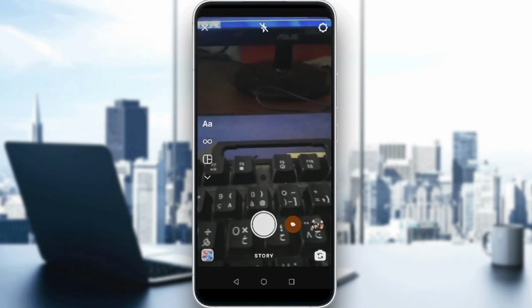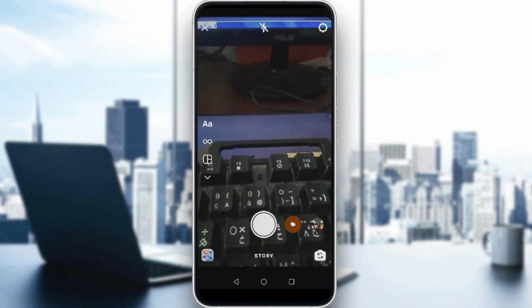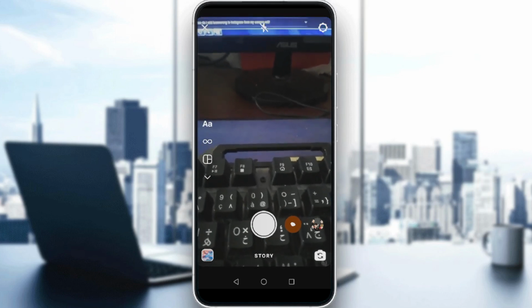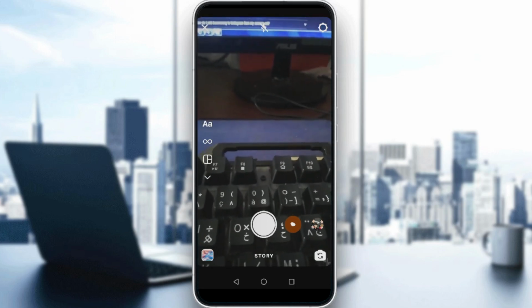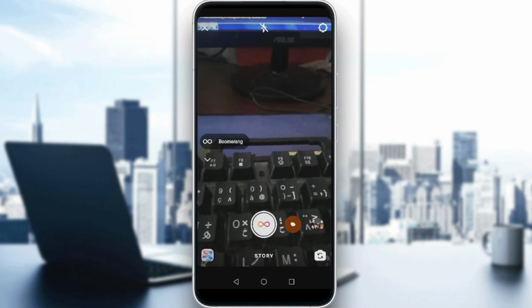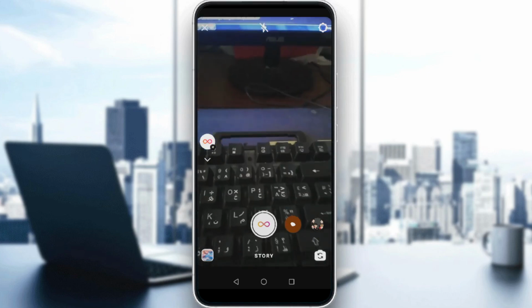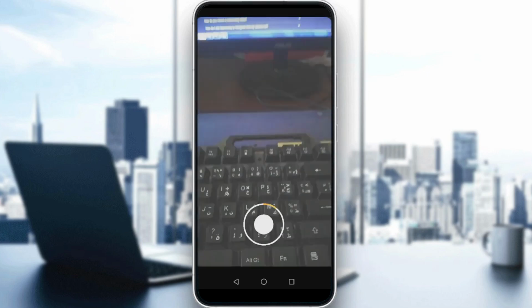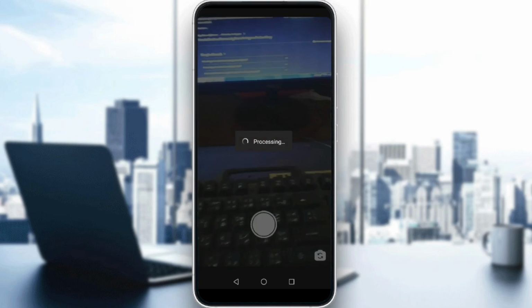How can I choose a boomerang? As you can see here, we have an infinite icon on the left. It's the middle one. Just click on that. As you can see, now we will record a boomerang. So let's say we record this and this,